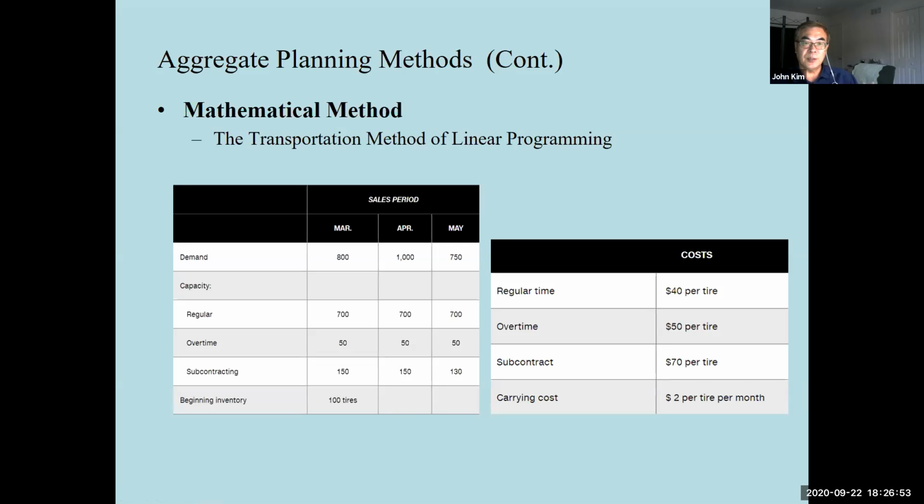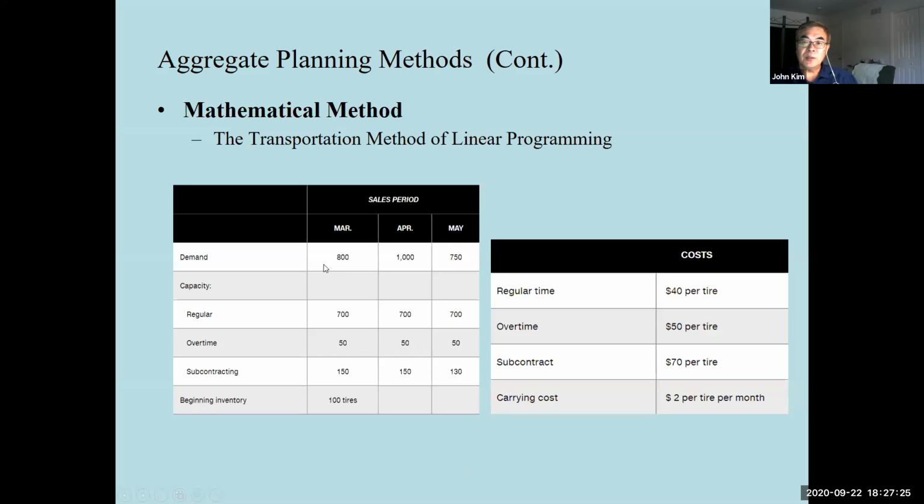If there are multiple sources and multiple destinations, how can we match in terms of maximizing profit or minimizing cost, minimizing time? So we can use this linear programming, especially transportation method, to solve this kind of production planning